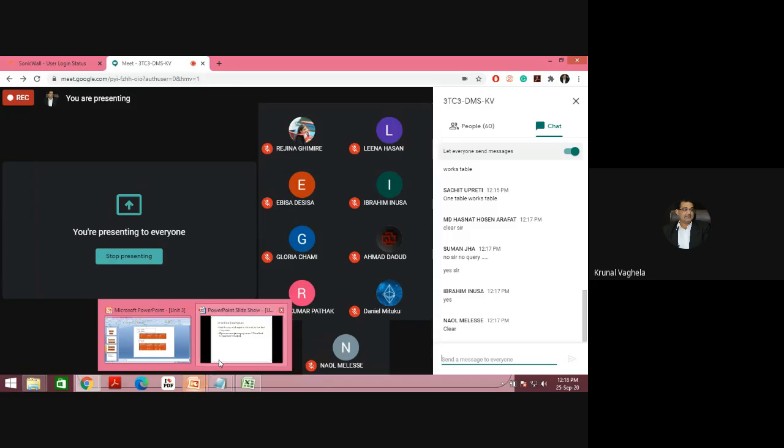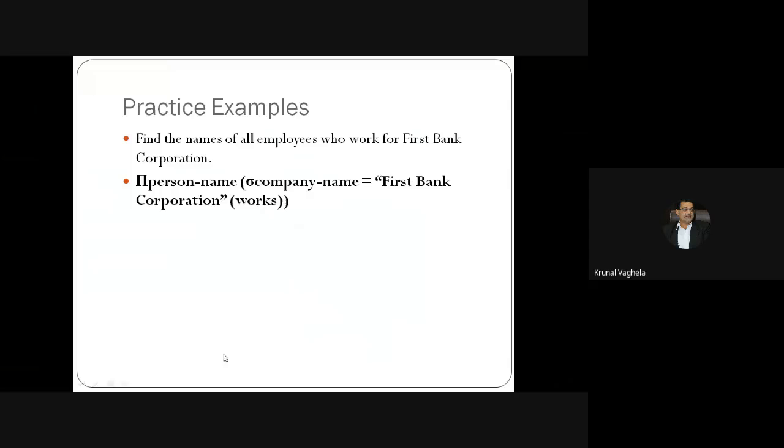Now let's go to the next query. You need to solve it. Find the names and cities of residents of all the employees who work for First Bank Corporation. Now you want names and cities both. In the earlier query, you wanted only name.